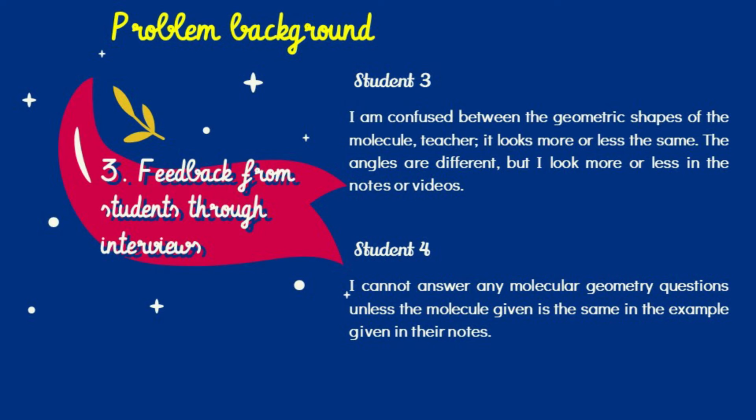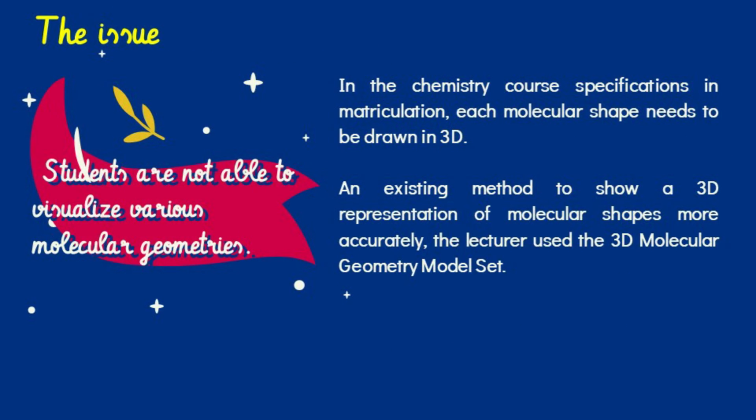Third student said that he imagined all the molecular geometry are just similar for any kind of shapes. This was also agreed by the fourth student. They cannot answer any molecular geometry questions unless the molecule given is the same as the example given in their lecture notes. From the findings of students' assessment records, students' interviews, and results of the formative assessment, there are several issues faced by the students, which are,